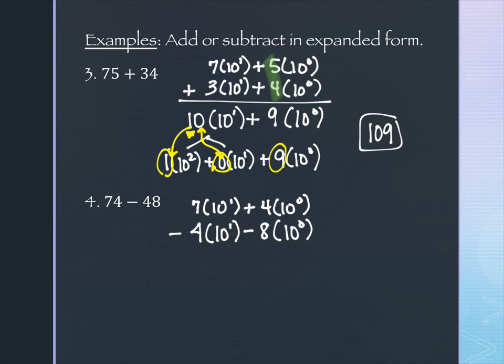Now the same problem happens here as happened when we were doing the Babylonians. In the right-hand column here, I have 4 minus 8, and I can't actually take 8 away from 4, right? So I have to do some regrouping. I take the number 7 here, and I borrow 1 from it, and I make it a 6. And in borrowing it, I add 10 more over here, because I really borrowed a 10, right? So now, in a very real sense, I have 6 times 10 to the 1 minus 14 times 10 to the 0